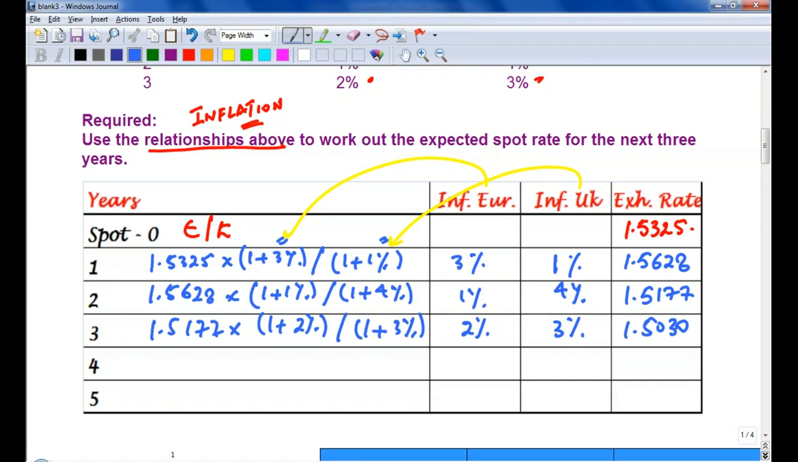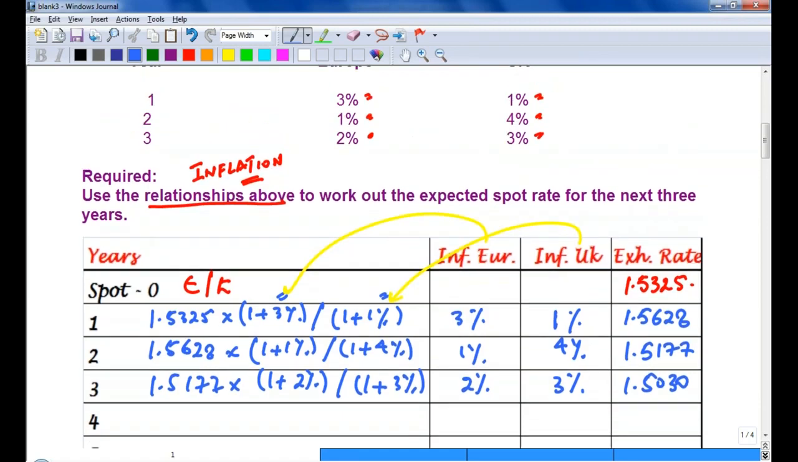So the first thing we have to know is the working about how to estimate the exchange rates. This is the first most important thing for international investment appraisal. Number one. Now, candidates, once again,